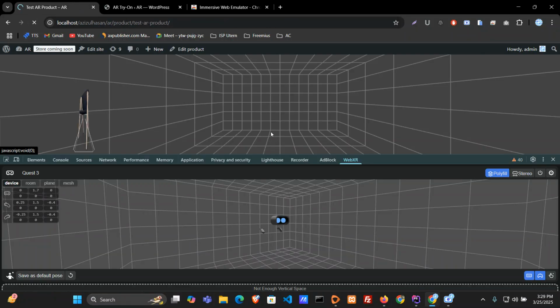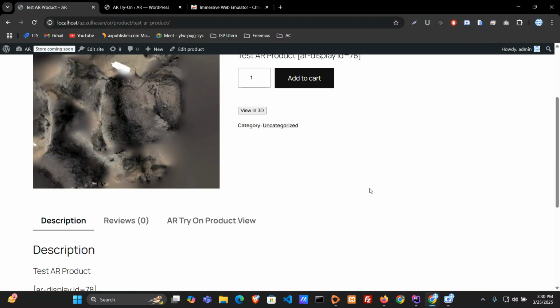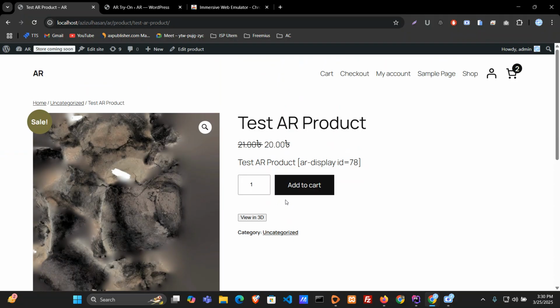This is not mandatory to install this plugin. Now let's see how to upload the GLB file, a 3D model file here. If I click on edit this product,